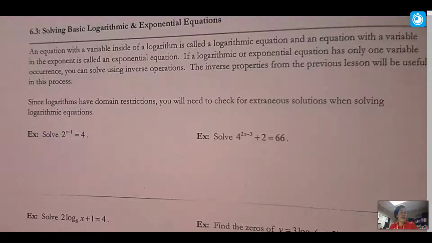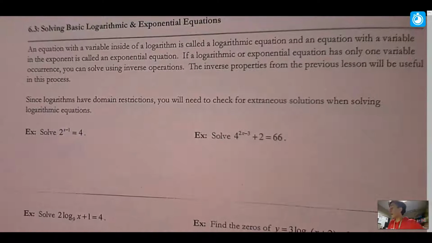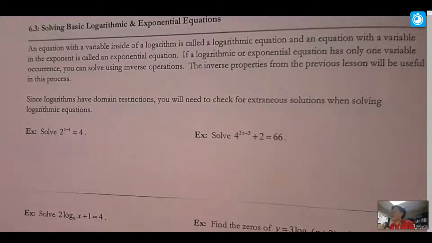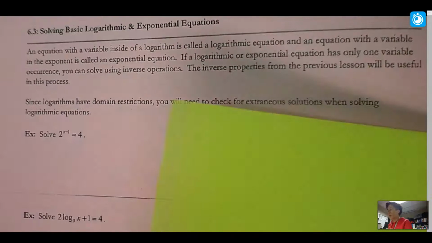Hey everyone, we are in 6.3. This is page 80 in our packet, and we are looking at solving. So before we start with this solving, I want to remind you, because we're going to be solving log and exponent problems, and I want to take you back to our last chapter and how we did some of the solving problems. So for instance, a problem that was similar to what you had on the test, okay, was you